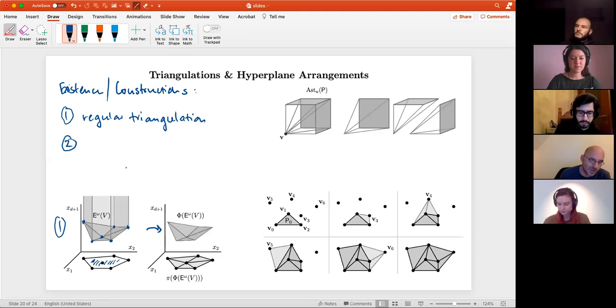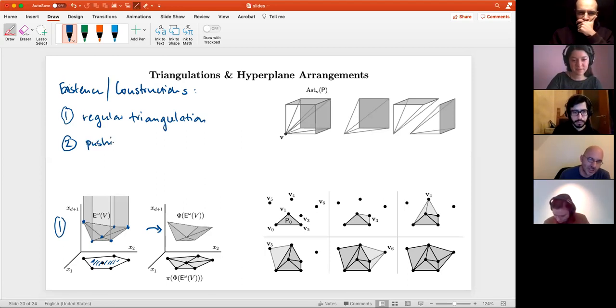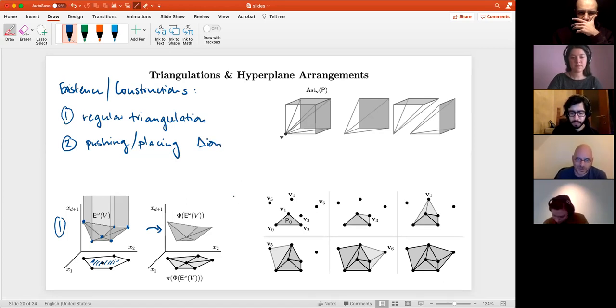Construction number two is what's called a pushing triangulation or placing triangulation. So pushing, placing, those are the same thing. So this is what you see down here. So this is a recursive